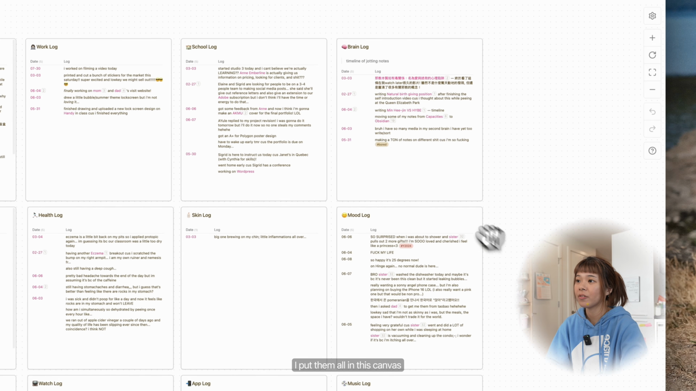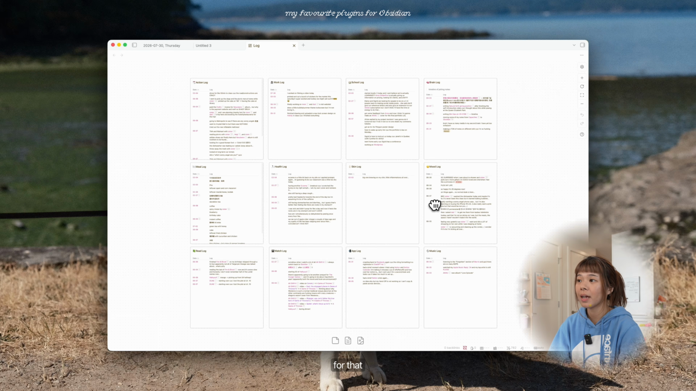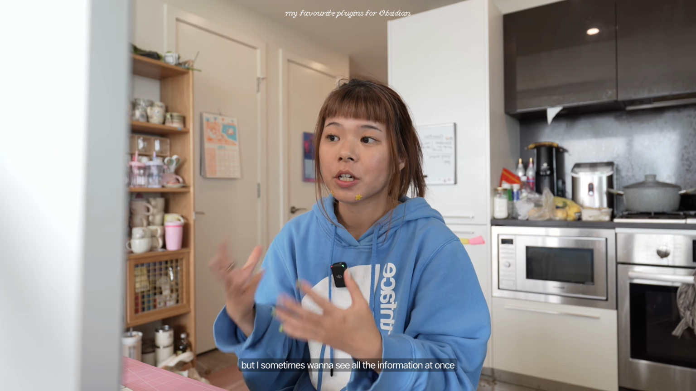I put them all in this canvas so I can access it all at once, but you can obviously also make a page separately for that. This was such a game changer because I love using the daily note, but I sometimes want to see all the information at once, and this was such a game changer in being able to see the bigger picture, if that makes sense. So that was Dynamic Highlight